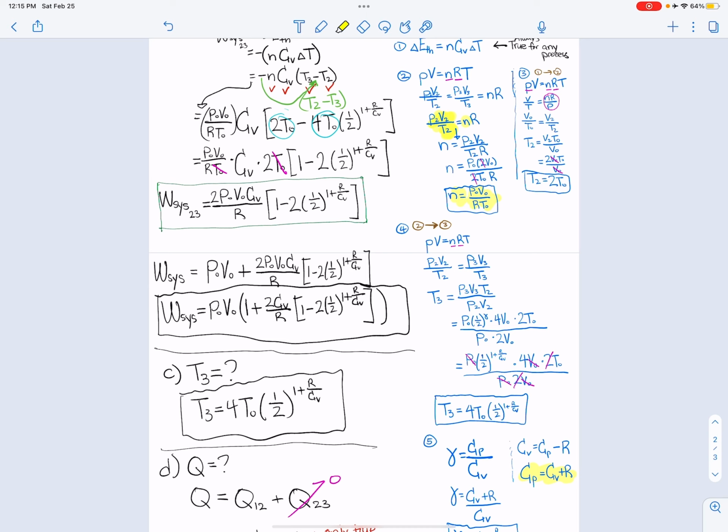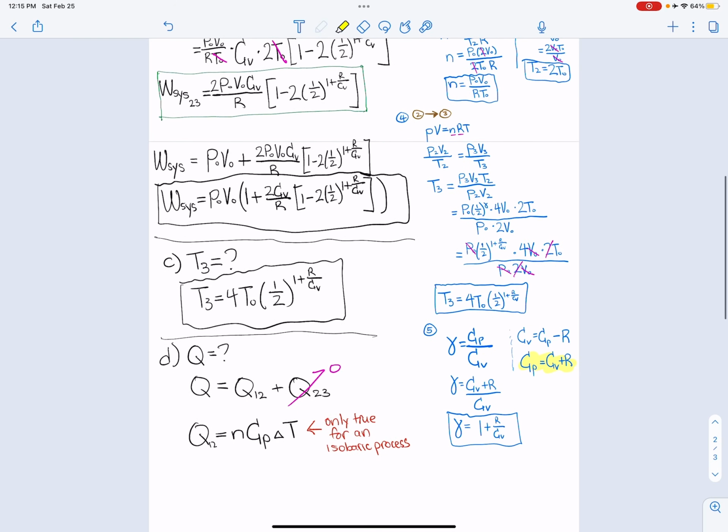P2 V2 over T2 is equal to NR. We did that in side mission number 2. So we just have to substitute in what we already worked out earlier. So N is equal to P naught V naught over R T naught